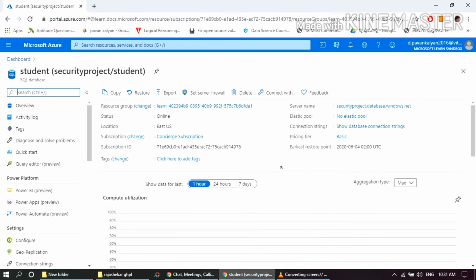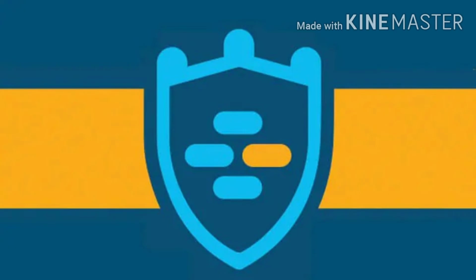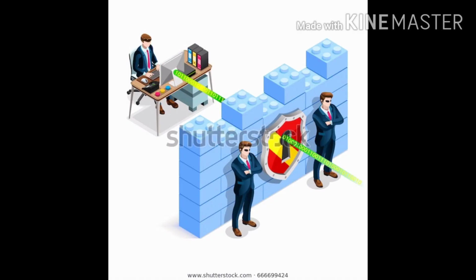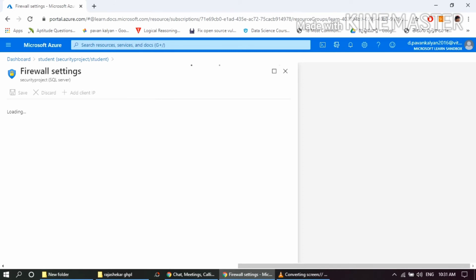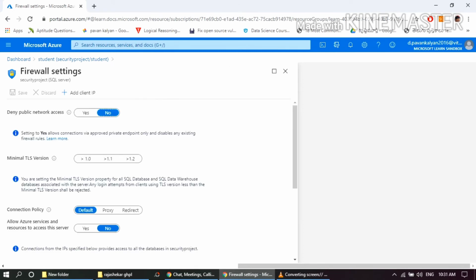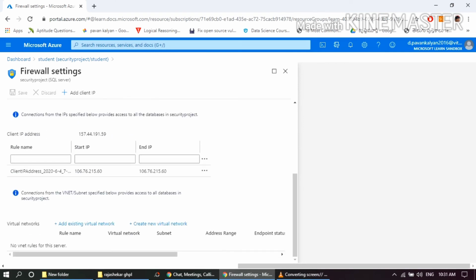And now we will set a server firewall for the database. A firewall for the server is more or less like a gatekeeper who allows only specific members to access the server. A firewall always maintains a list of whom it should allow to access and whom it should not allow. To create the resource group for the client group who are accessible, we need to give the start IP and the end IP so that it will know which group of network members should be allowed to access the network.